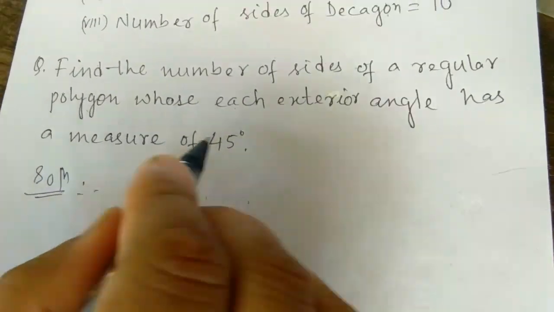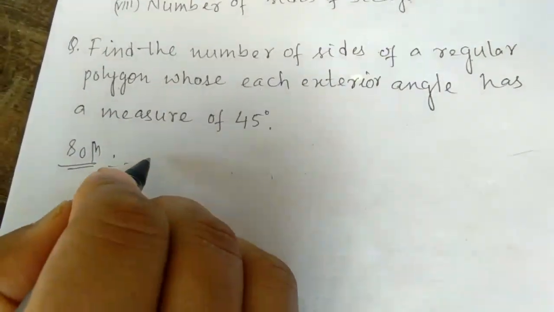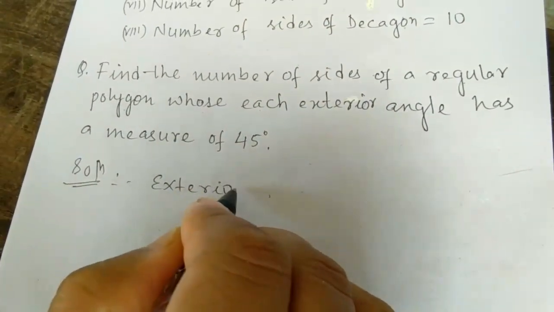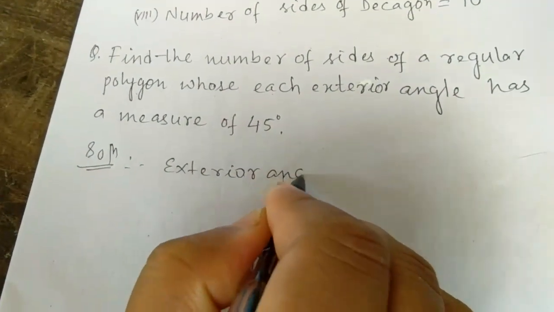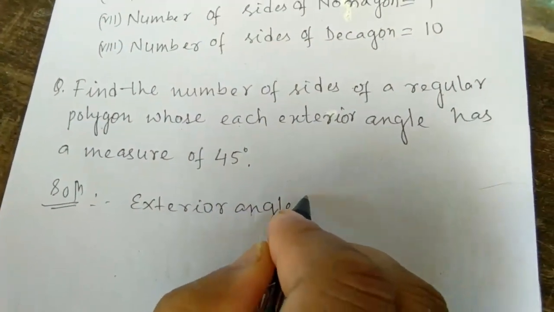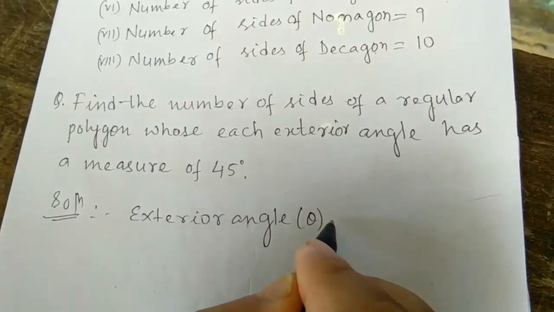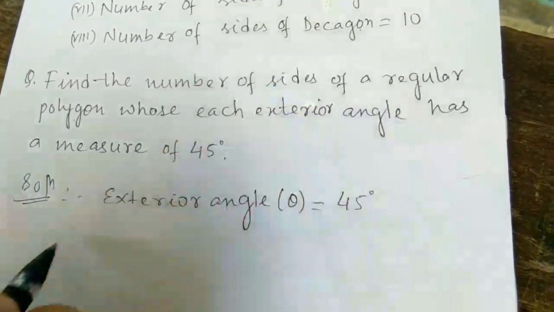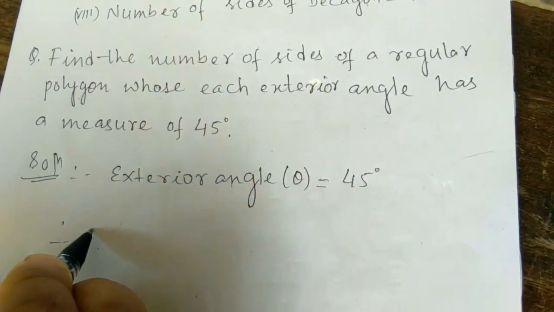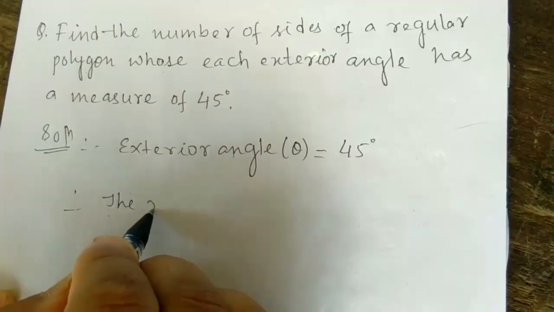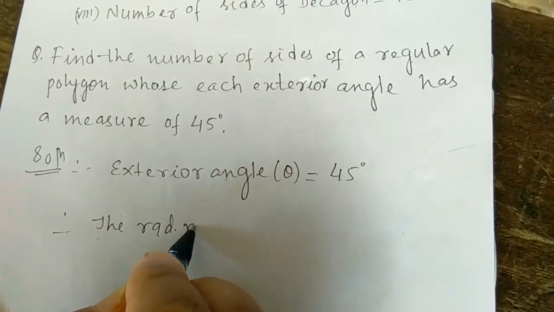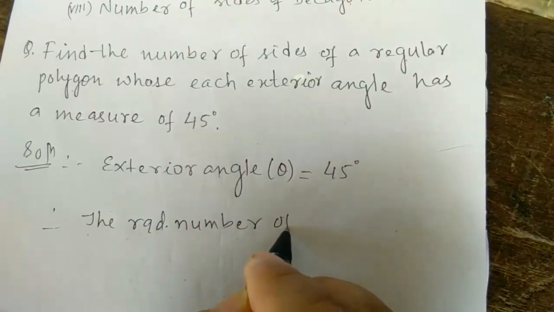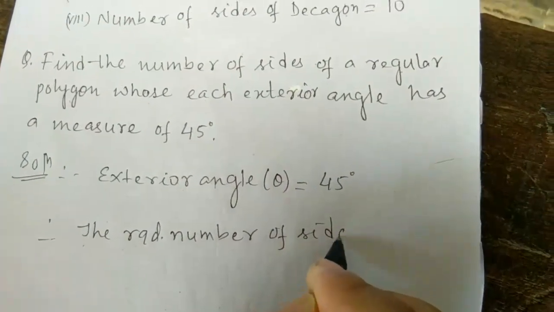Here the exterior angle is given as 45, so the exterior angle, generally denoted by theta, is equal to 45 degrees. So to find the number of sides, therefore the required number of sides,